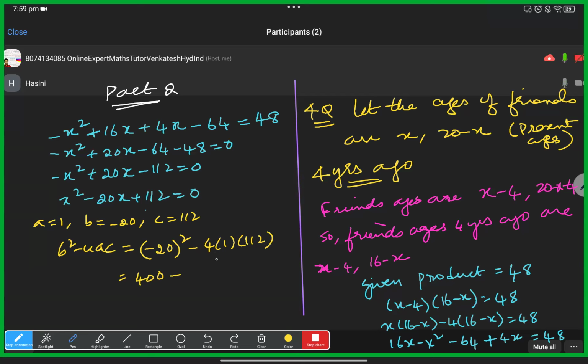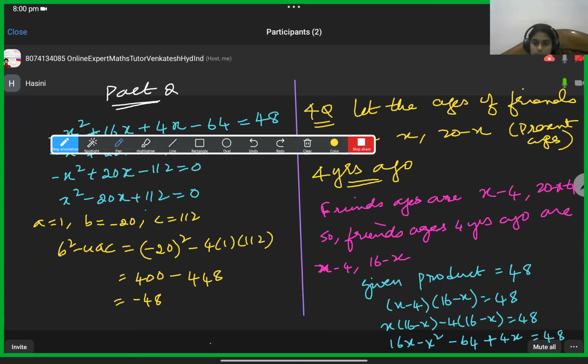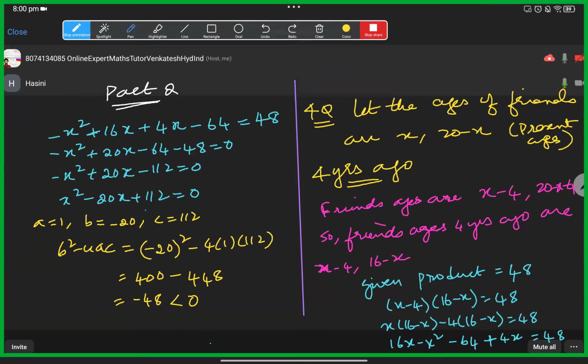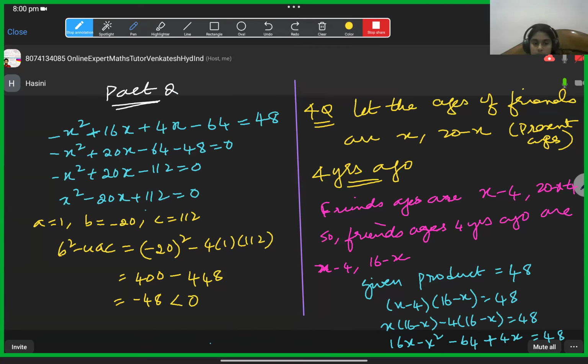Minus 4ac is minus 4 into 1 is 4, 4 into 112 is 448. 400 minus 448 is minus 48. Correct? Yes, sir. So which is less than 0, yes or no? Yes, sir. So b square minus 4ac is less than 0, Hasni, which means that, hence